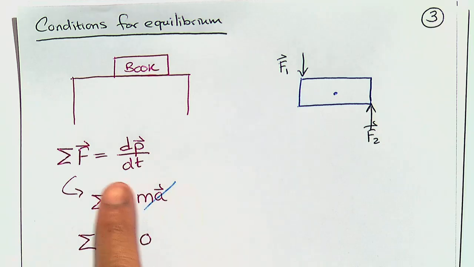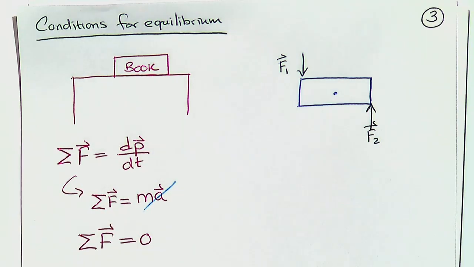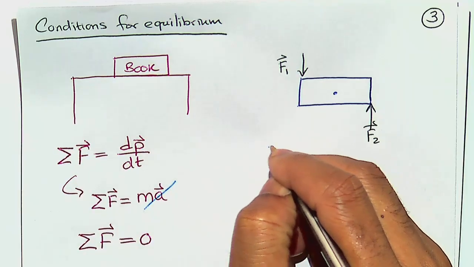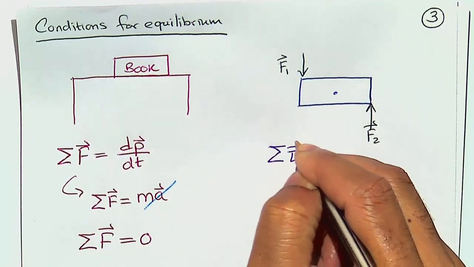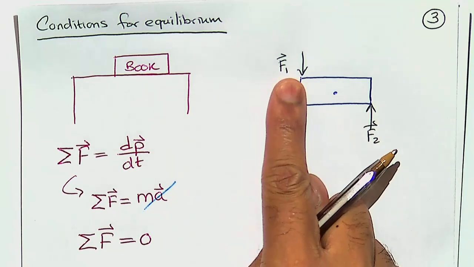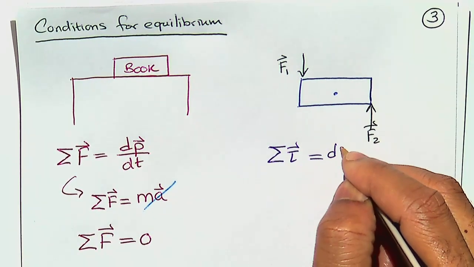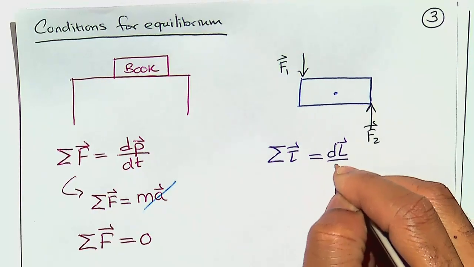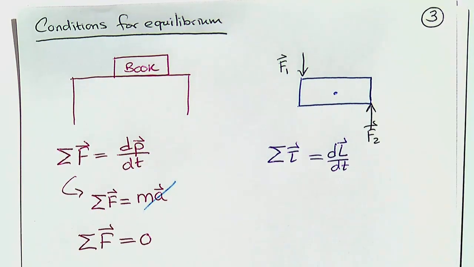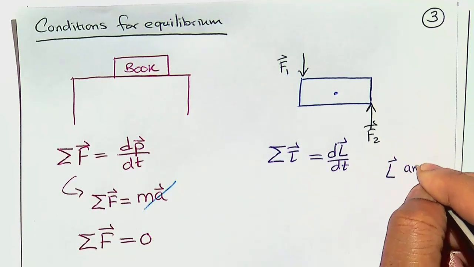So the equivalent to this, Newton's second law for rotation, is that the sum of the torques, there could be more than one, right? So this is applying a torque, this is applying a torque, is equal to the change in angular momentum over time. Okay, so L is angular